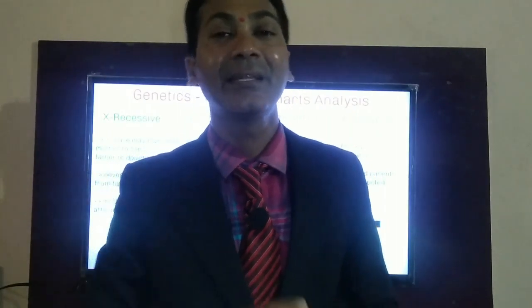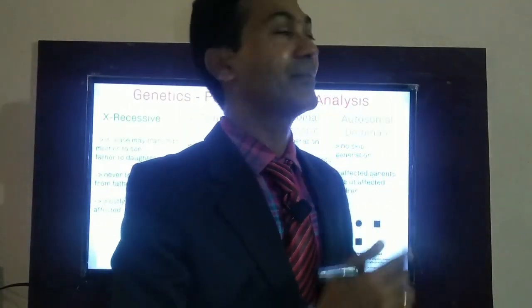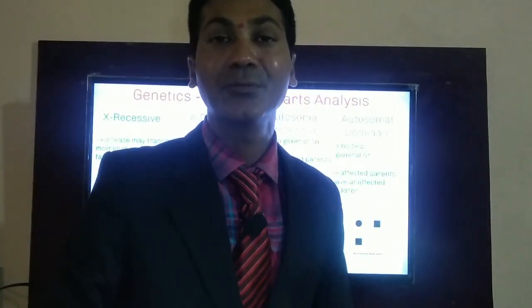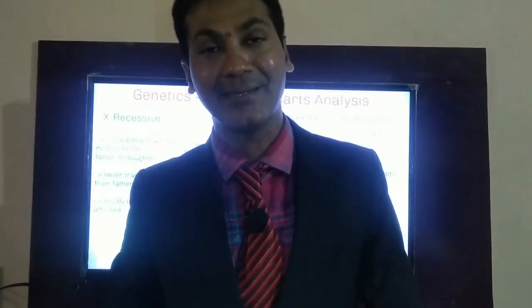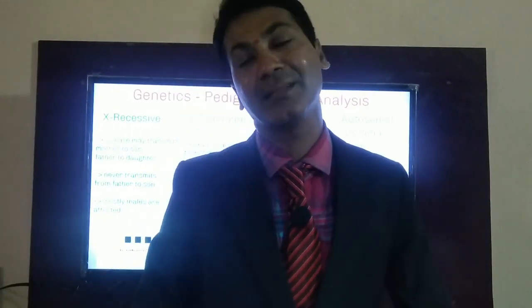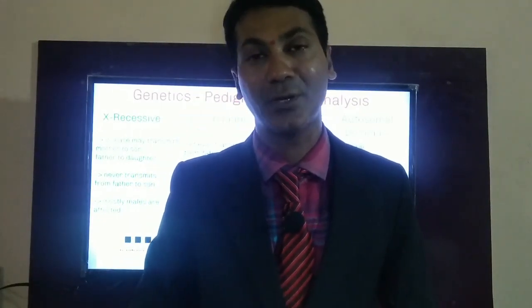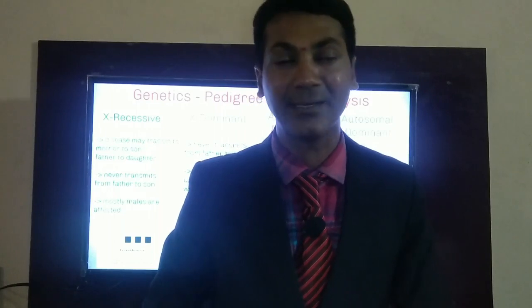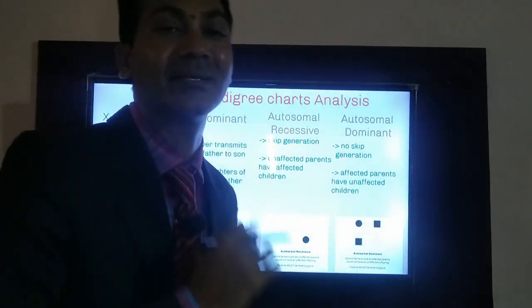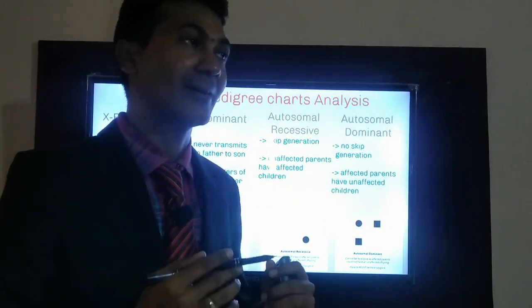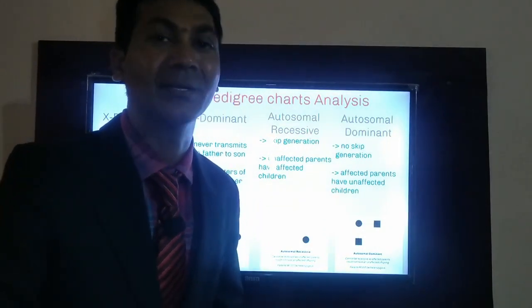So let us see, there are four disorders I am going to explain now. By that you can link with your flow chart and you can guess it. So there are some techniques you have to follow. Now I am going to reveal the techniques. Here we can see there are four types of disorders that can happen in our human race.